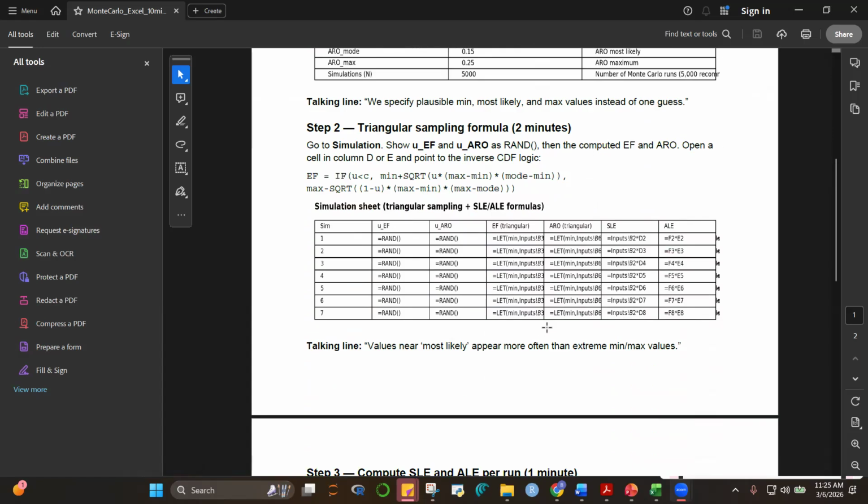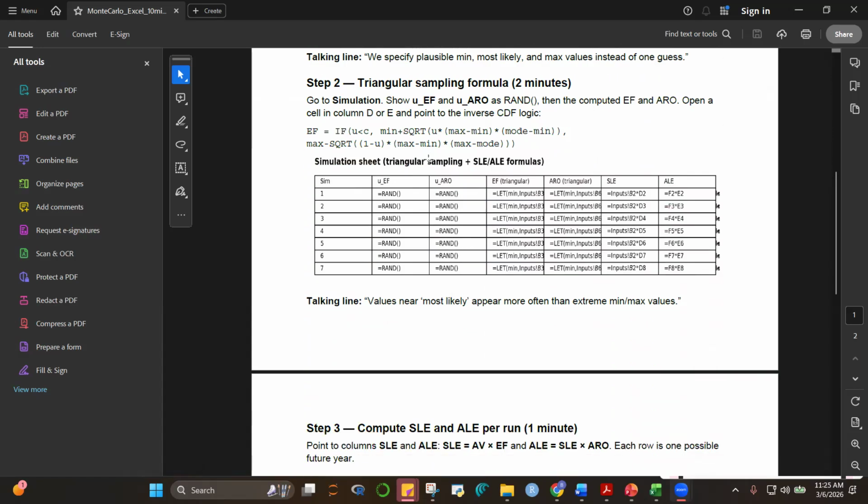Okay, so this is our triangular sampling. Okay, the formula is this one. We are actually computing, we'll follow a different formula, a more simplified formula rather than this one. So this is the table of our exposure factor, our ARO, our SLE and ALE.